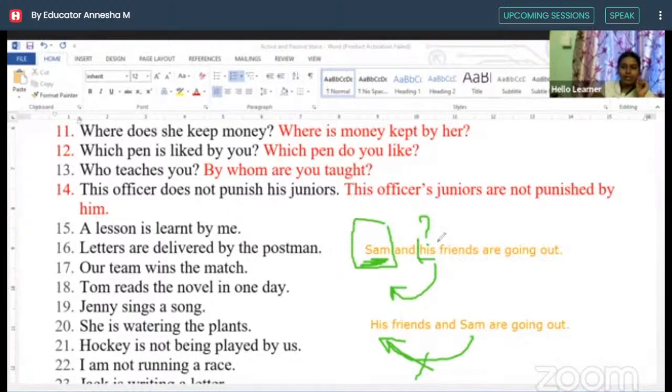How do we understand his is Sam? Because we are using Sam before using his. In the same way, when you are making a sentence, even in passive, you have to make sure that the pronoun comes after the proper noun. Our proper noun is here ऑफिसर, राइट? ऑफिसर हमारा प्रॉपर नाउन है, उसके बाद आना चाहिए उसका प्रोनाउन हिम, which means the officer. So here also the sentences may